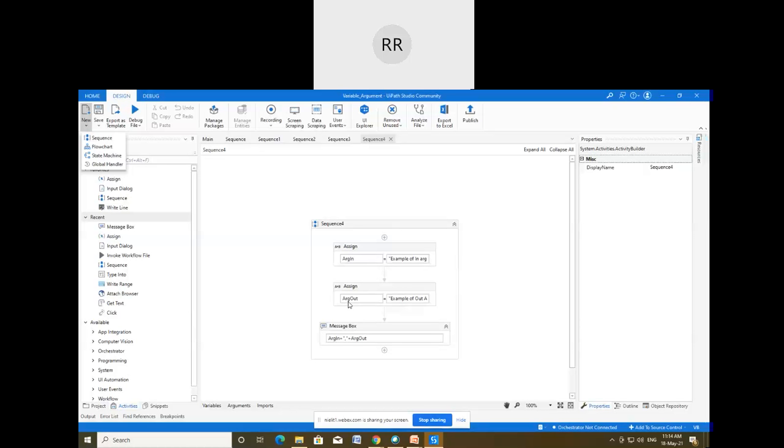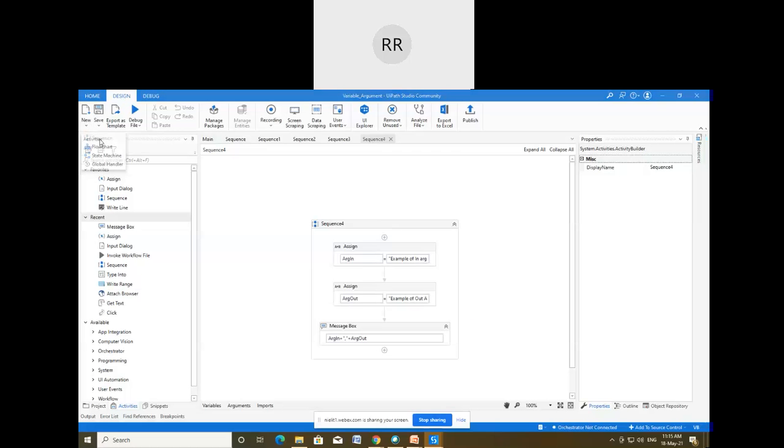But with the help of the theoretical discussion that we have done previously, we have come to know that only the data of the argument out is going to be passed from sequence 4 to sequence 5, but the argument in data will not pass. But let us cross check so that we can be sure that our theoretical discussion is correct.